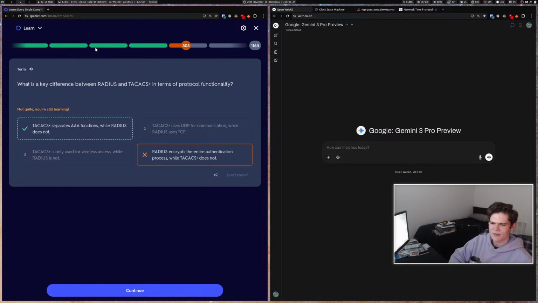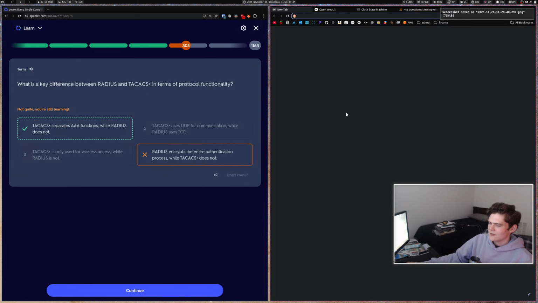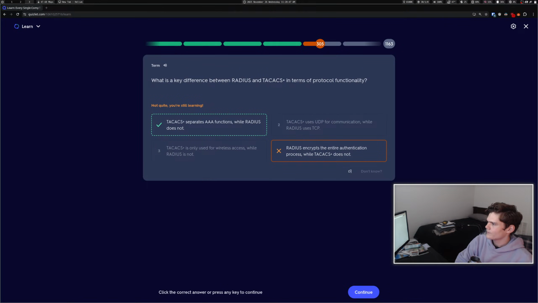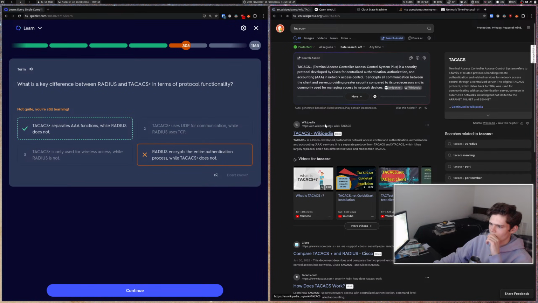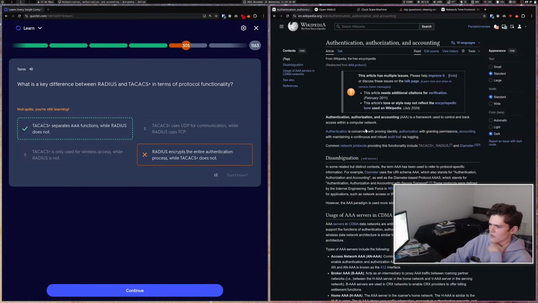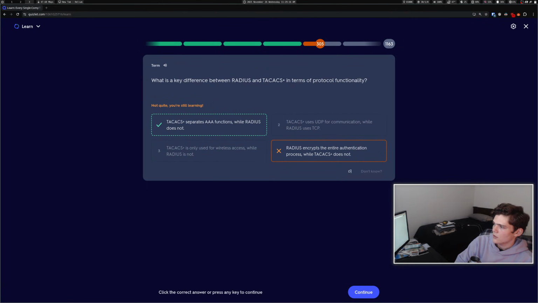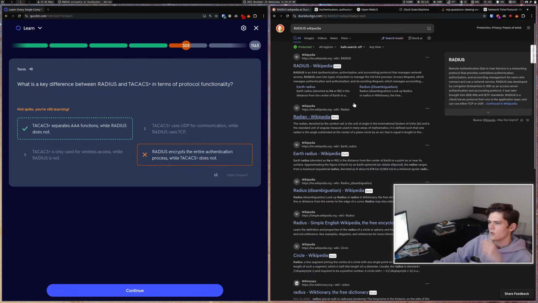Oh wow, okay. Separates AAA functions. Okay, I'm gonna look up what these things are. AAA. Oh, I see. TACACS+ is a separate protocol that handles authentication, authorization, and accounting services. And then this is in comparison to RADIUS, which